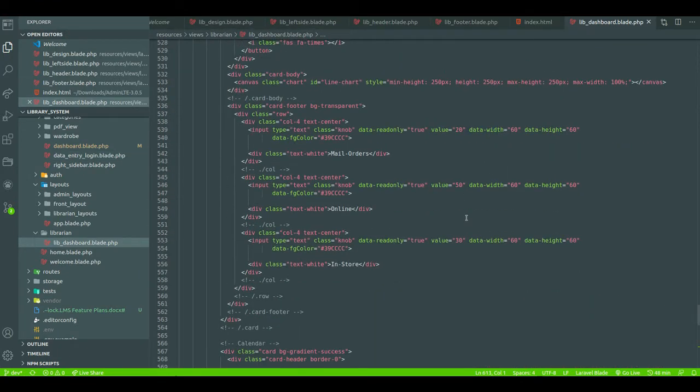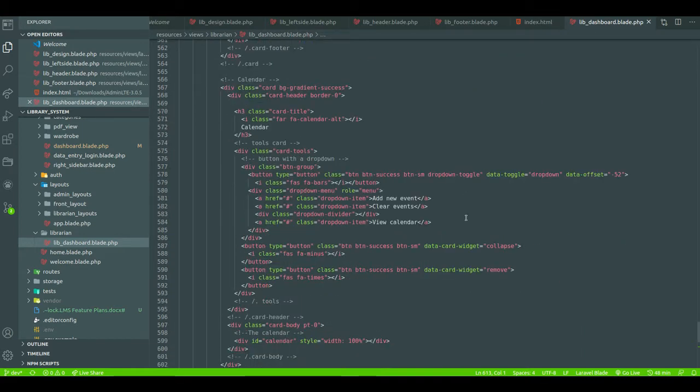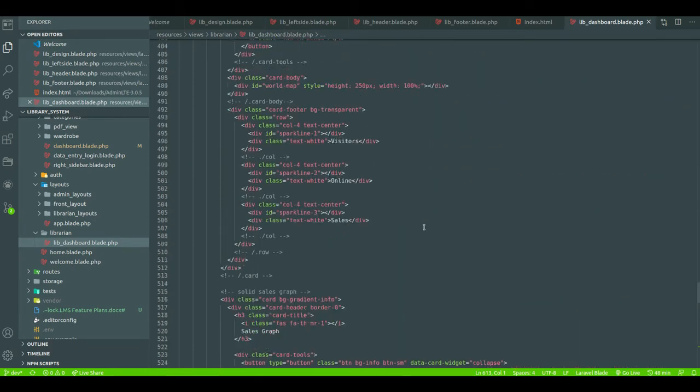Okay, see in this dashboard we found that right sidebar.